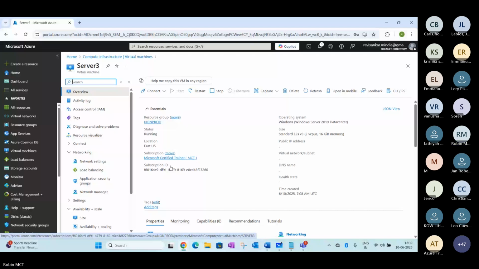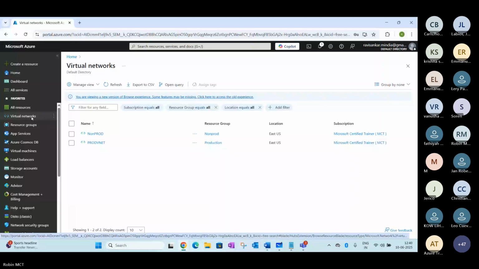You can see this has been configured in a different network, non-prod. And if you go back to this virtual network, you can see this has been created here.